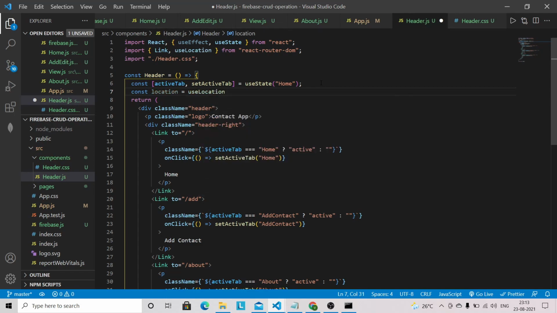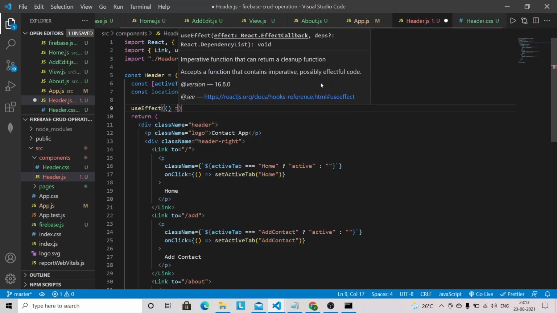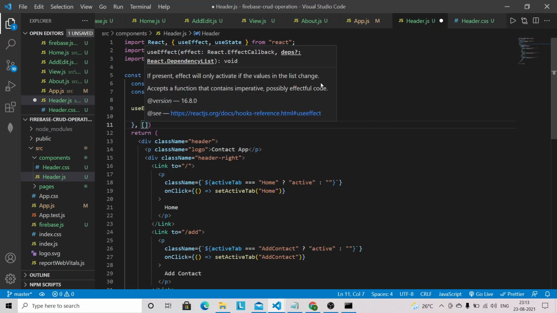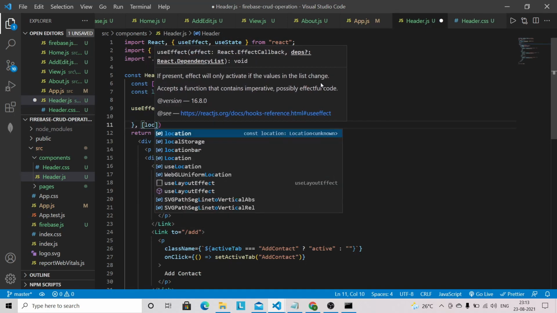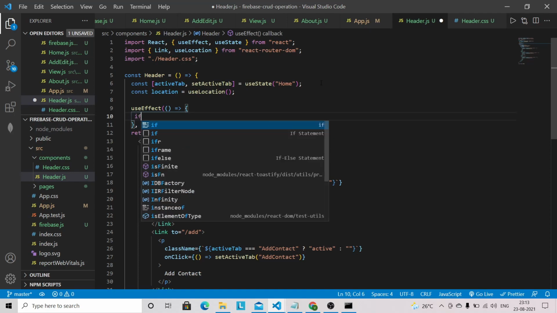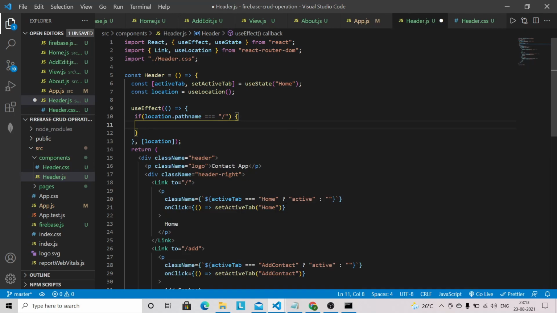So just store that reference, and we have to run one useEffect. This useEffect will run whenever the location changes. So if location.pathname is equal to the home page, then setActiveTab to home. Okay,